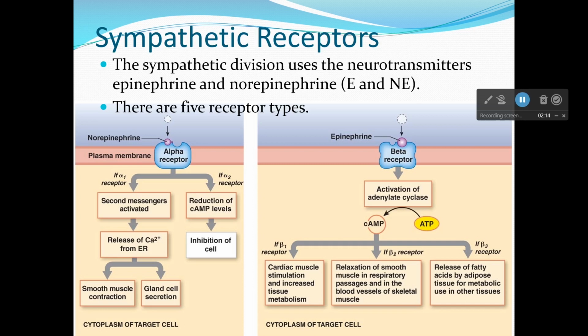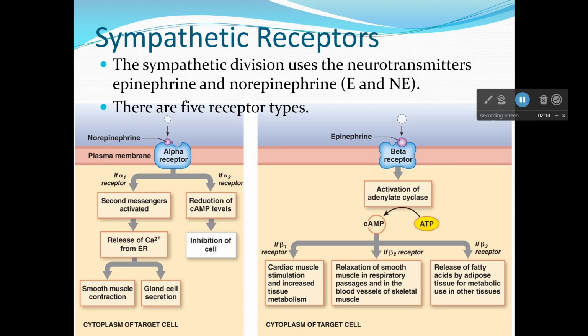If it's a beta 2 receptor, it's inhibitory again. So beta 2 receptors cause the relaxation of smooth muscle and respiratory passages. They also cause the relaxation of blood vessels going to muscle. Now think, when blood vessels relax, they get bigger. Bigger vessels, more blood flow. More blood flow to a muscle, more oxygen, more fuel to that muscle. See? So beta 2 is inhibitory, but it can make